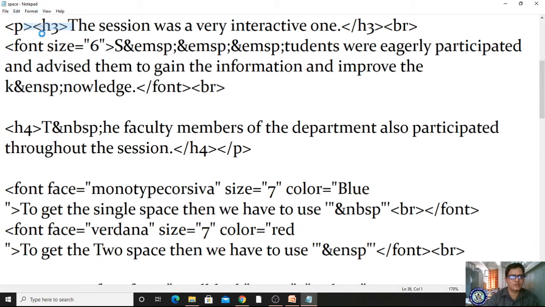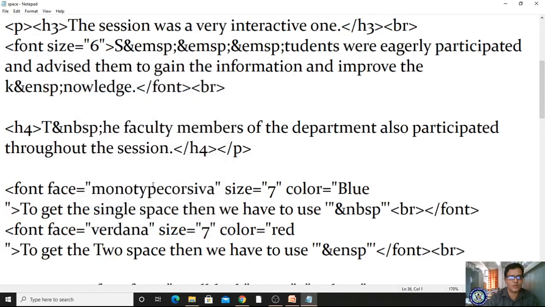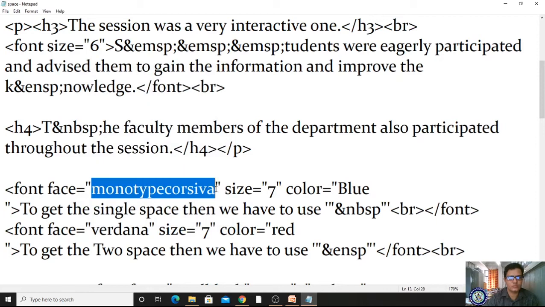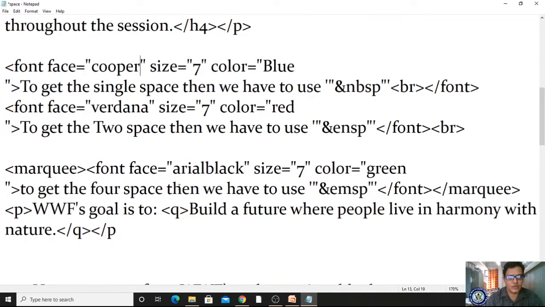Let us see the editor font. I will make it Cooper. The text has not appeared. Okay, Cooper. Verdana has happened and Arial Black has not happened. It may be Arial space Black.